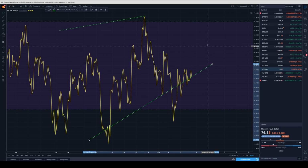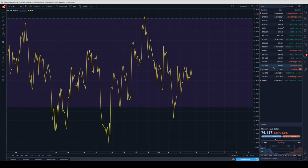Either we are able to break bullish, new money flow comes in, sideline money decides, oh, this is the time to do it. I've bought all the Litecoin I want to buy at the 76 level, and I'm prepared to ride it high. Or we get our bear break, and our bear break would make this line a much stronger resistance level. Then looking at RSI levels down here, we have seen a general bearish trend